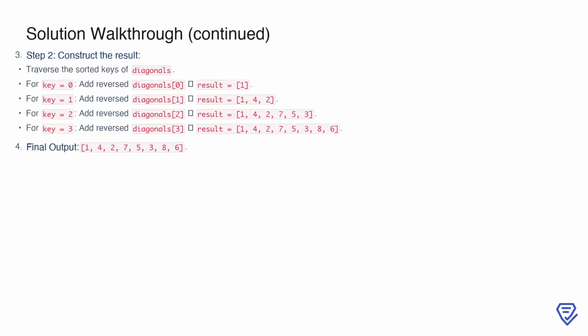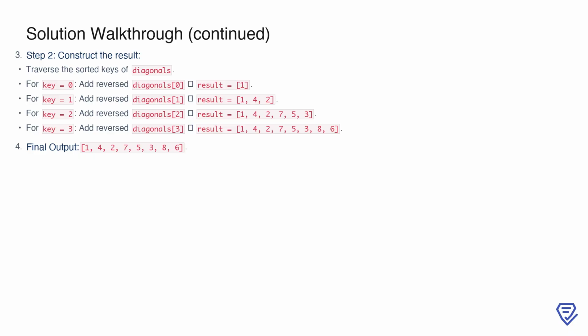With the diagonal groups formed, we now construct the final result. The diagonals are processed in the order of their keys. For key 0, the diagonal 1 is reversed and appended to the result, giving 1. For key 1, the diagonal 2, 4 is reversed to 4, 2, and added, updating the result to 1, 4, 2. Similarly, diagonal 3, 5, 7, for key 2 is reversed and appended, resulting in 1, 4, 2, 7, 5,